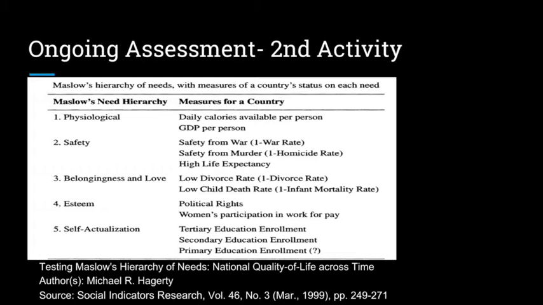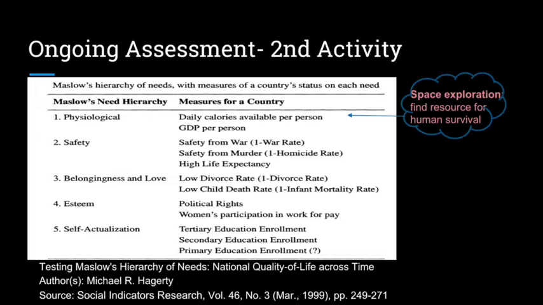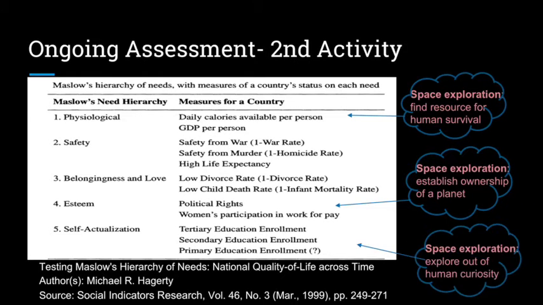The criteria for the second activity assessment is an example of actual classification of hierarchy of needs we quoted from an academic paper. If the students match the national goals accordingly, of course, except the space exploration, they are successful in categorizing different considerations by applying Maslow's hierarchy of needs as a framework. The purpose of space exploration is up to personal interpretation, so there will not be a definite right answer as to how they spend their budget.